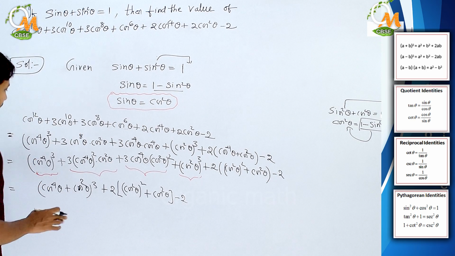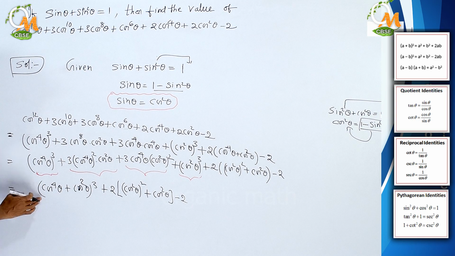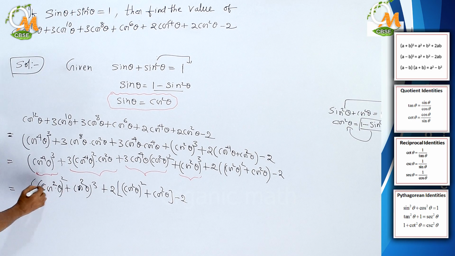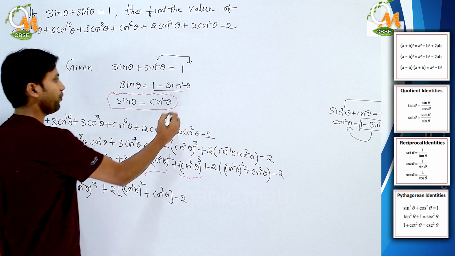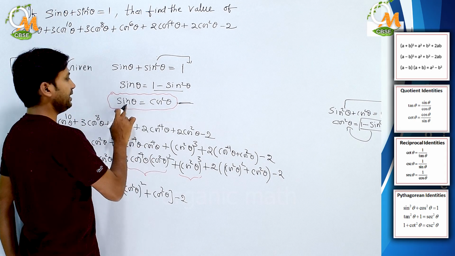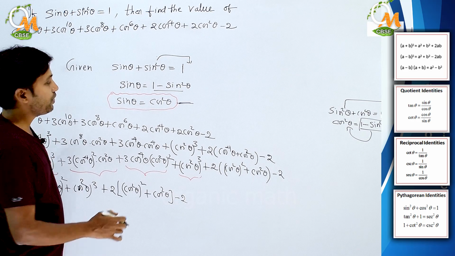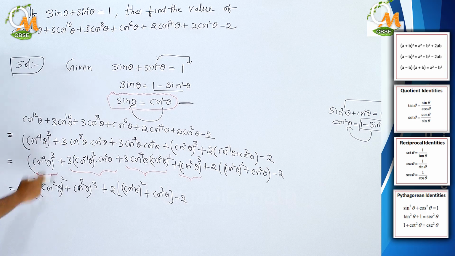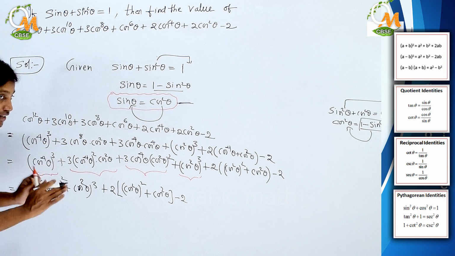Now do something. Here also you have cos power 4 theta. How can we write it? Can we write it like cos square theta whole square or not? Yes, we can write this term also as cos square theta whole square. Now just look at this. Coming to the first condition which is given, sin theta equal to what? Cos square theta. Wherever you get cos square theta, you can put sin theta. Now you take the advantage of this value